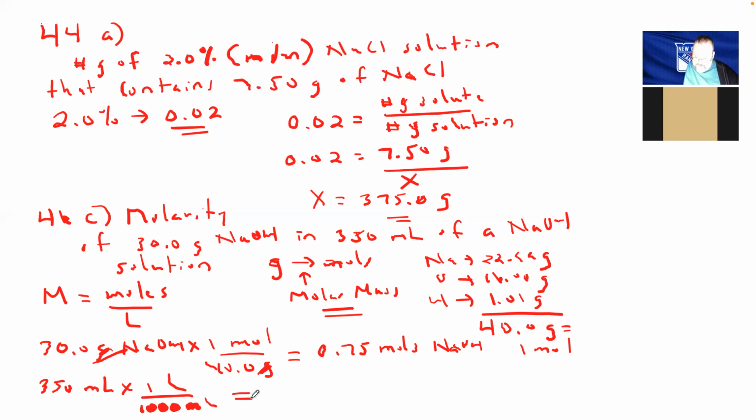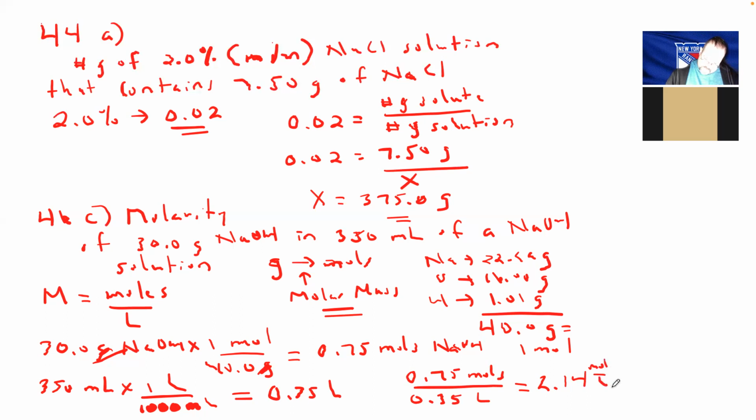Because in order to use molarity, the volume has got to be in liters. So that gives me 0.35 liters. So now I can figure out the molarity. I take the 0.75 moles over 0.35 liters. 0.75 divided by 0.35 gives me essentially a 2.14 moles per liter solution, which is the same as